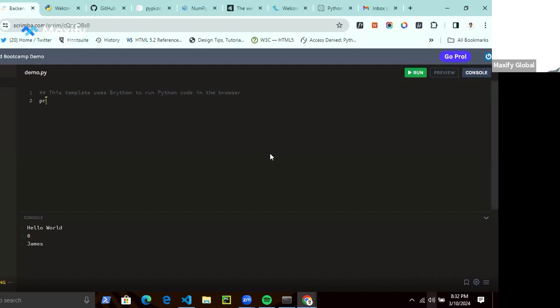So for example, if I do print hello world, this is a sequence. And then I come down and do another print, print my name.